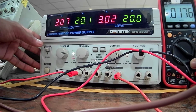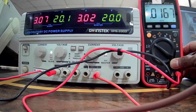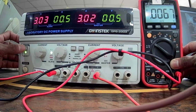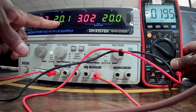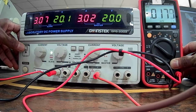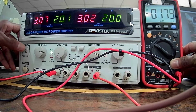Right, now I am going to turn on the power supply. Take down the voltage reading and the current reading. If you can see, this voltage was 20 volt in both channel 1 and channel 2, but when I turn on this power supply, it goes to 0. I think you can understand what the reason is. That is because